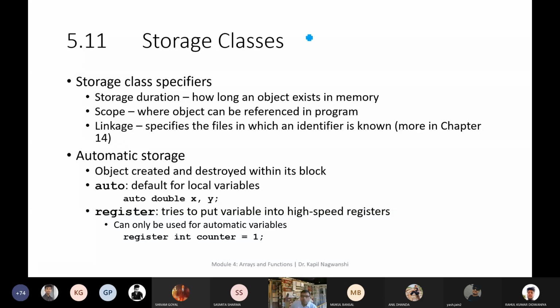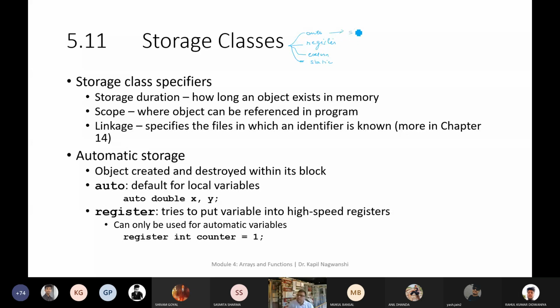So these 4 classes are auto, register, then global, external, static. Good. And then the last one is stack.